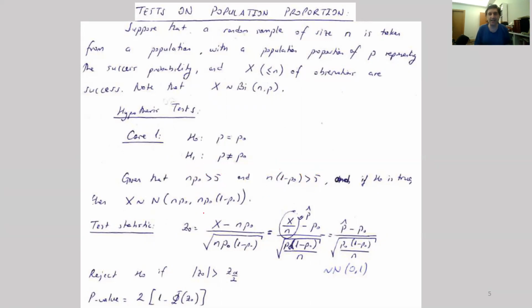Anyway, if this is the case, we have shown actually in chapter 4, I guess, or 3, I cannot be sure, that the expected value of X is going to be n times p0, which is obvious because it's the expected value of a binomial random variable, and the variance is also the binomial random variable variance. But it's interesting that it's going to be approximately normally distributed.